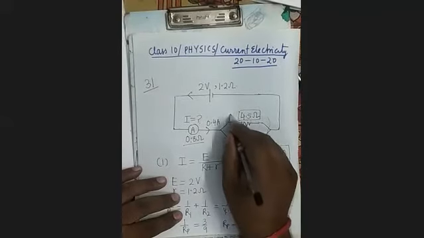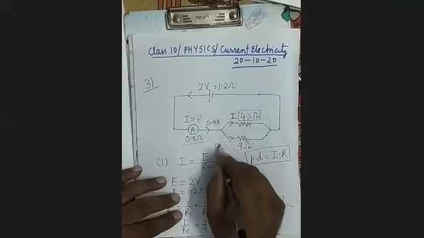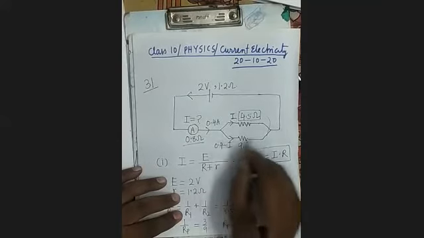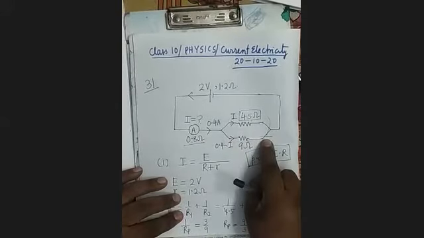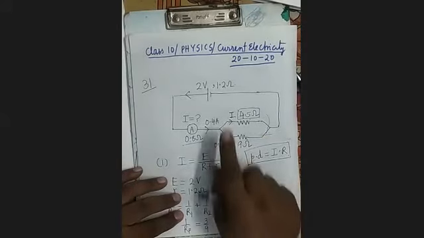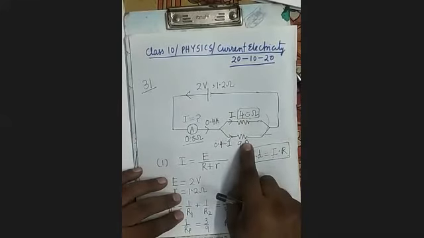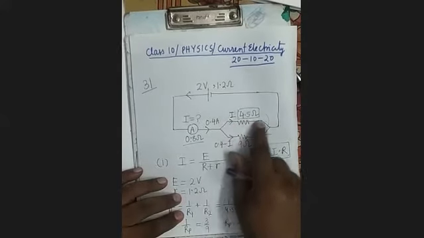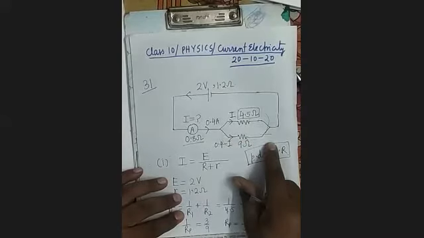It's clear, means it is 0.4 ampere. Suppose I current goes in this side, I इधर जा रही है, तो remaining किधर जाएगी? 0.4 minus I will flow through this branch. अगर I current इधर जा रही है तो remaining current will flow through this. It is clear. Now as we know that in the parallel branches I into R remains same, मतलब जो I into R यहाँ होगा वही I into R यहाँ होगा। जो करंट और रेजिस्टेंस का प्रोडक्ट यहाँ होगा वही करंट और रेजिस्टेंस का प्रोडक्ट यहाँ भी होगा। It is clear.